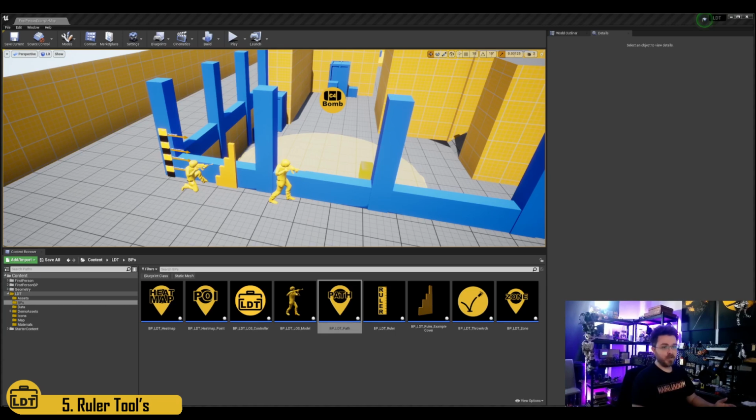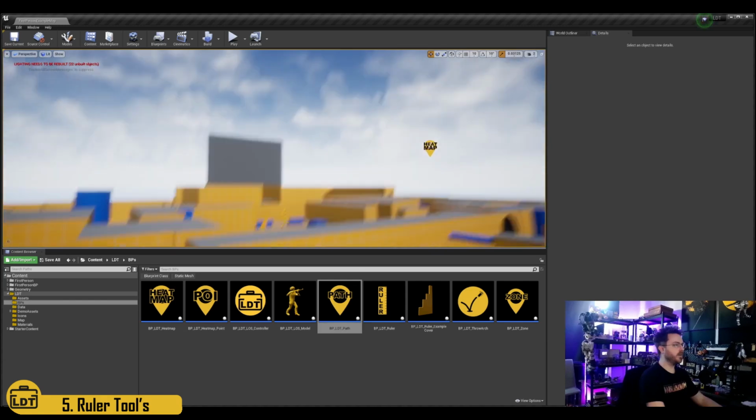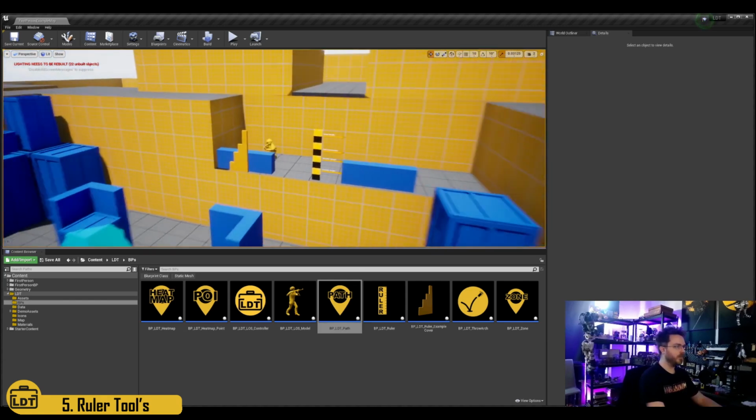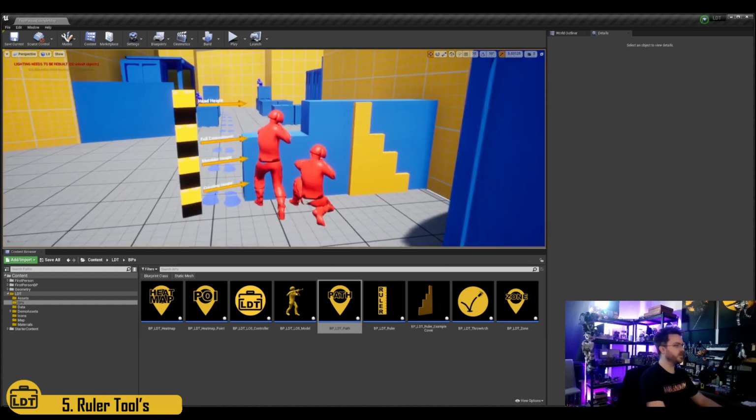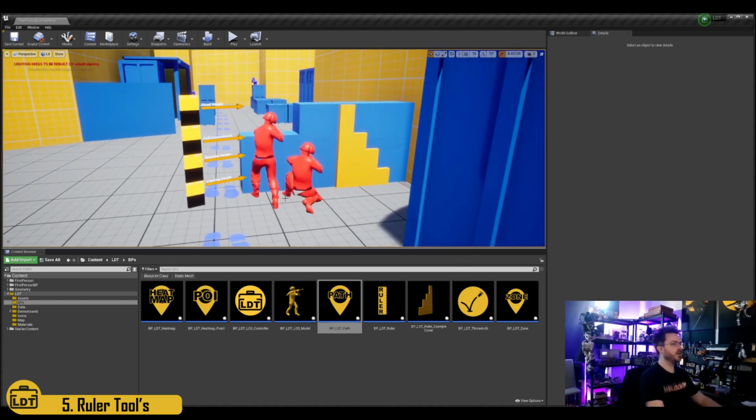Our next tool is the ruler tool. It is very important to have player expectations, have a set standard of cover heights. I like to divide my cover heights into 4, so you'll see that in certain specific areas where I'm trying to balance how I want my player cover to work, I've got them over here, I've got it over here, and then I've got it over here. Now generally you don't need to put both down, I'm just doing that for display sake,